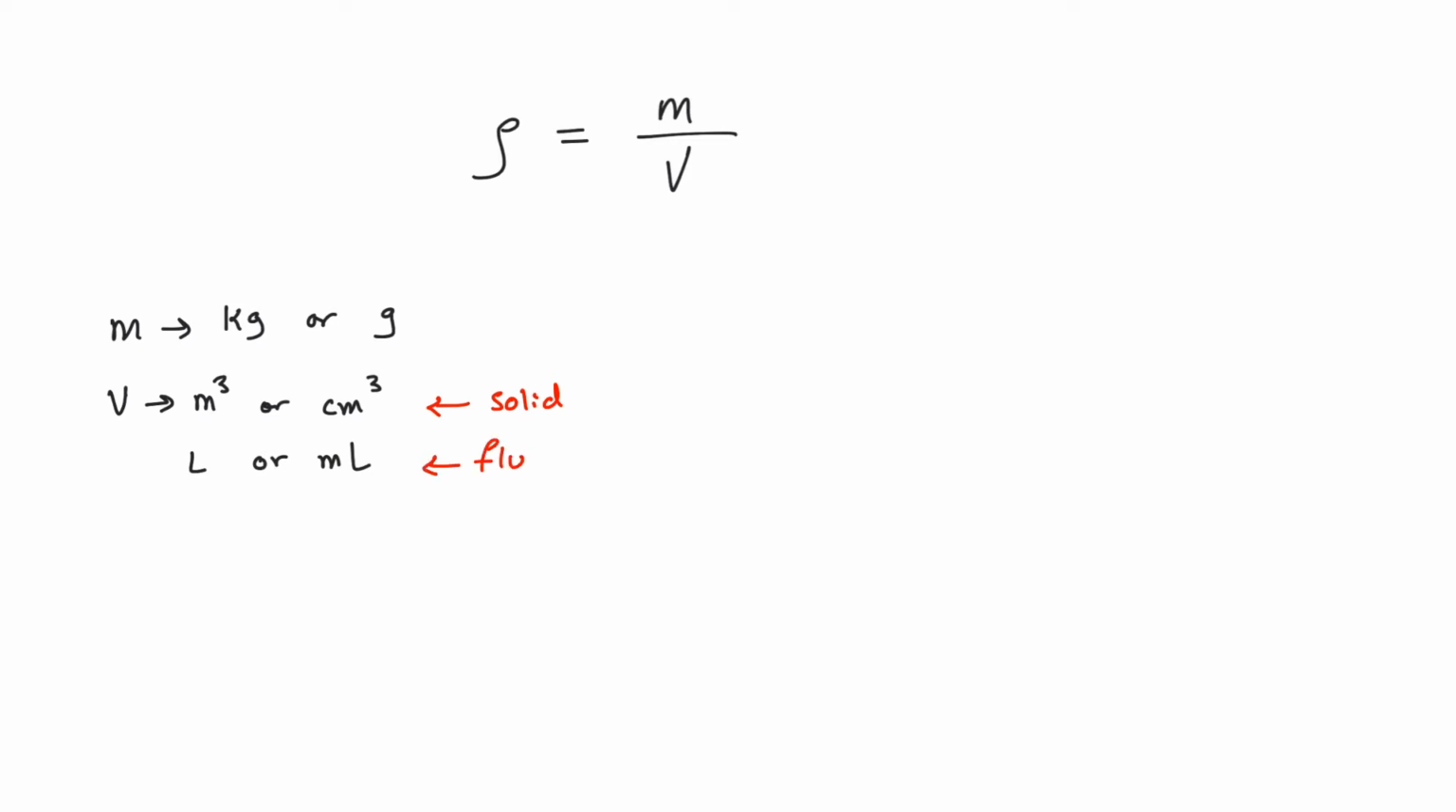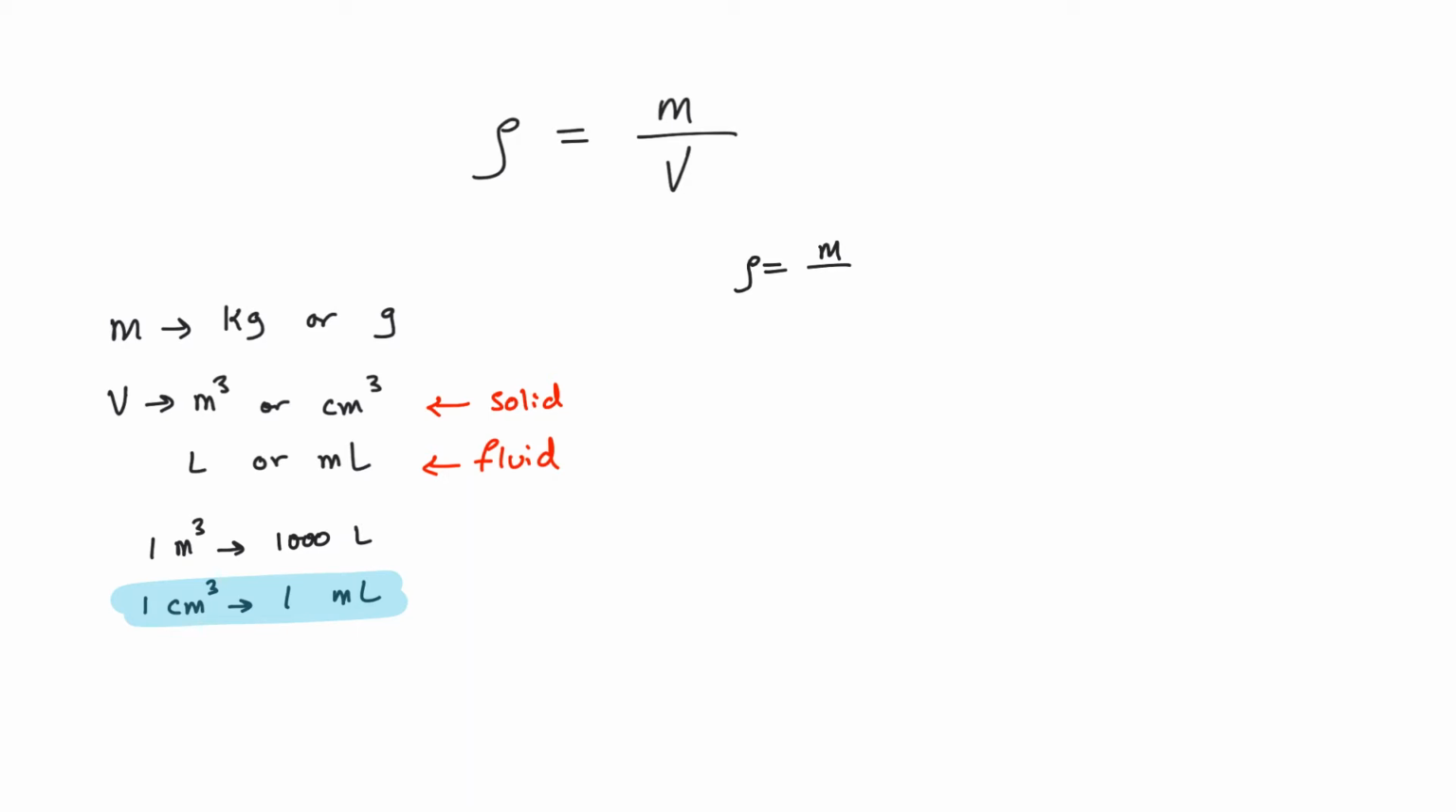Now, the way we can convert between these is defined. 1 meters cubed is equivalent to 1,000 liters, and 1 centimeters cubed is equivalent to 1 milliliter. And this is the one we're going to use most often in chemistry. So I'm going to highlight this one as the one that we use more often. And therefore, if we were to look at the unit for density,